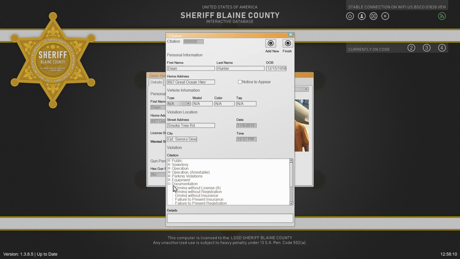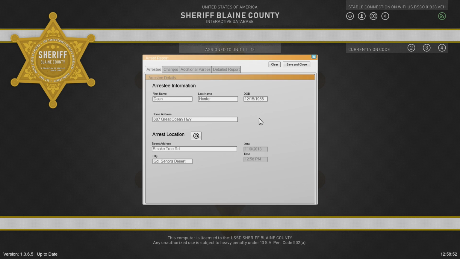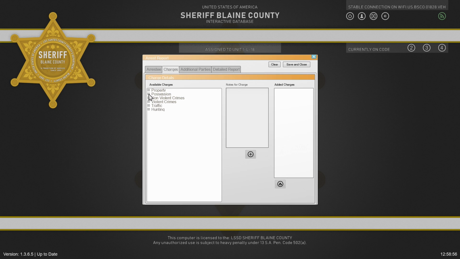So let's see. Documentation. So he's got expired driver's license. Okay, and then he had the obstruction of justice. Now, I think this is going to fall under arrest record. Okay. He also had possession of the empty container. Now, I thought that was a citation, but that might be under arrest record as well. So we'll finish that. Okay, so he's got that. That's a fine. And then under arrest record, if we do possession,